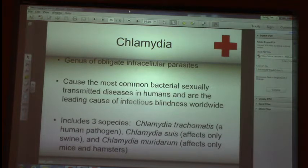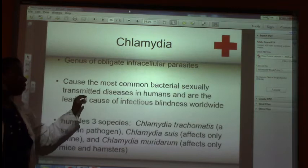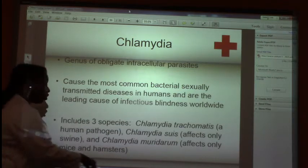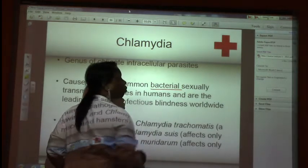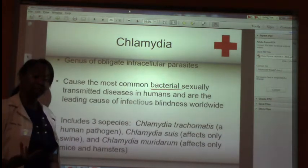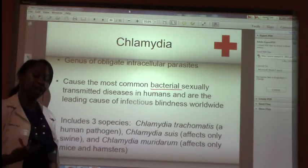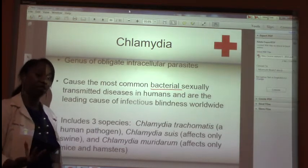Chlamydia is the next genus of organisms we'll discuss. These are obligate intracellular parasites, and they are the most common bacterial sexually transmitted organism in humans. So this will be the most common bacterial organism that is sexually transmitted versus HPV, which stands for human papillomavirus, which is the most common virally sexually transmitted